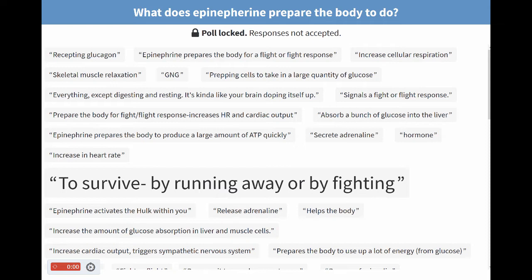If you saw a bear that started to run at you, or let's go a little bit more. Did you hear about the guy that got attacked by the mountain lion in Horsetooth Park and suffocated the mountain lion? Epinephrine was his friend. Fight or flight, okay? And he decided the best way to do this is to kill the mountain lion, okay? Which is a remarkable story that made national news.